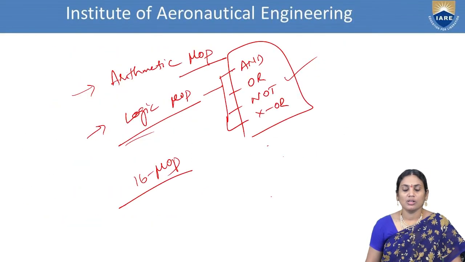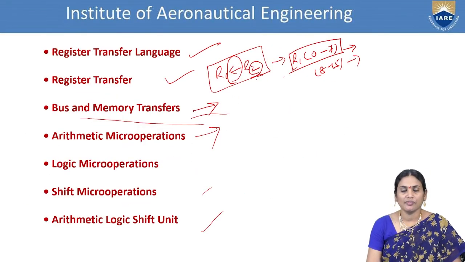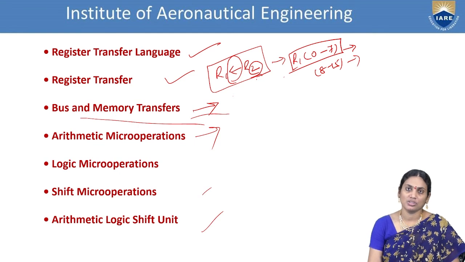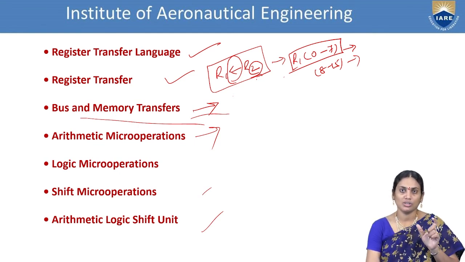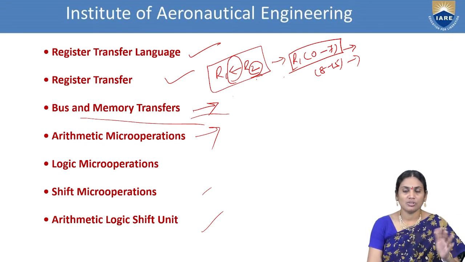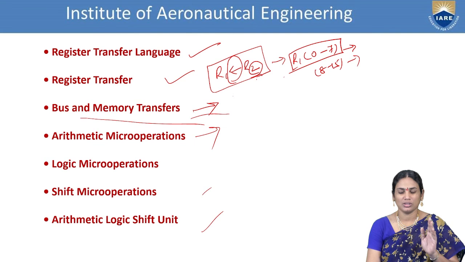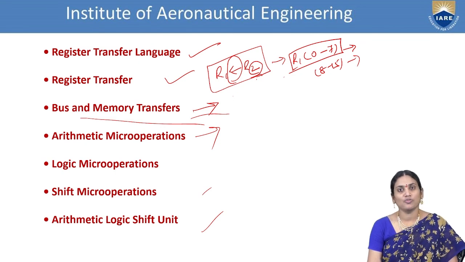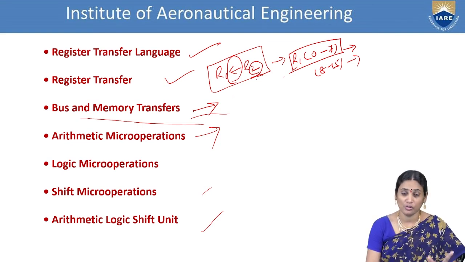As a part of the register transfer language, we have discussed what exactly the register is, how it has been notated, how it has been represented to handle the operations. If you are performing any operations on the registers, those are called micro operations. Even though it is from register to register, register to microprocessor, register to memory or memory to any other, it is considered a micro operation. Generally, we have micro operations in 4 types: arithmetic, logic, shift and register transfers. So we have 4 micro operations.